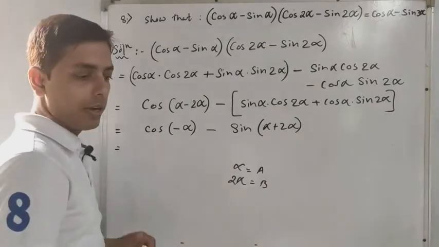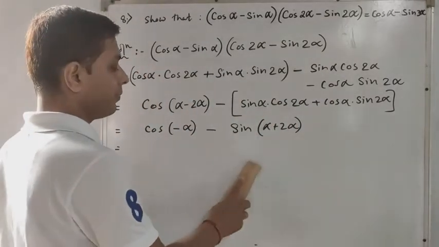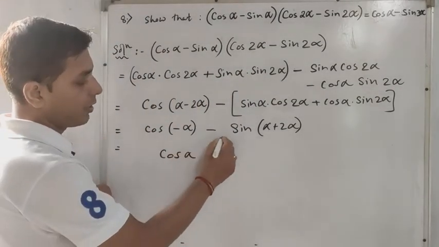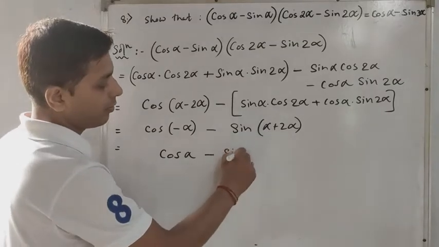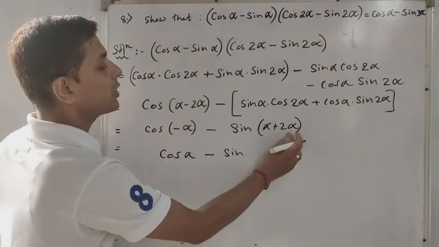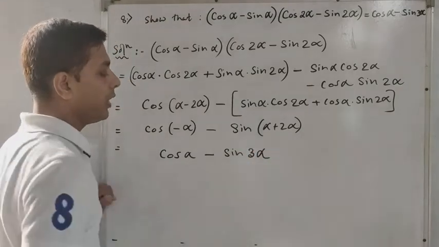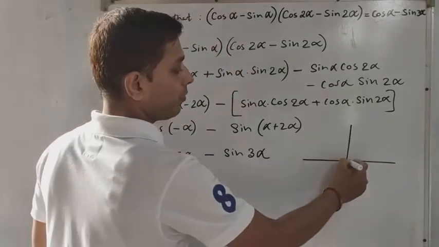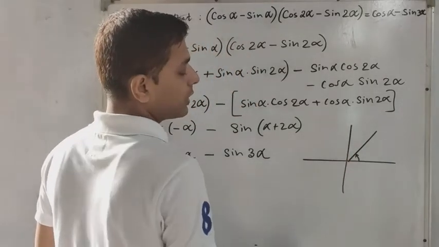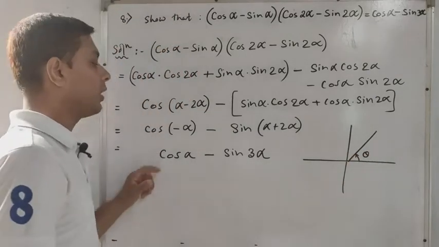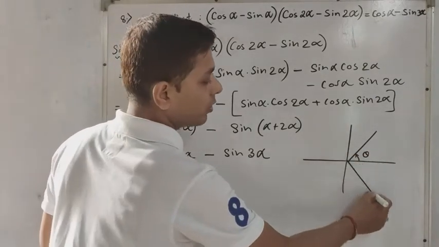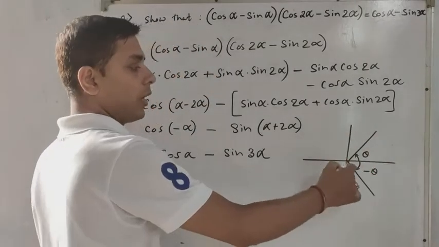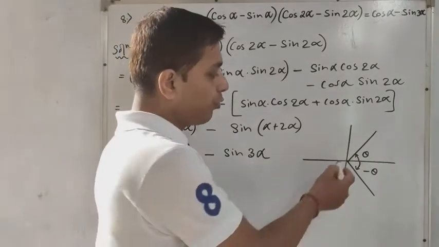Ultimately, cos of minus alpha is equals to, all of you know that cos of minus alpha is only cos alpha, then minus sine of alpha plus 2 alpha, that is 3 alpha. Okay, so cos of minus alpha is cos alpha. It is because, look at this side, for this theta, cos theta is positive value, but this theta also, look at, for this theta, this is minus theta. All right, if you move anti-clockwise, angles are considered positive, and if you move clockwise, the angles